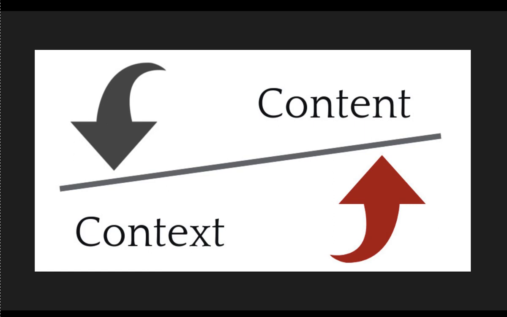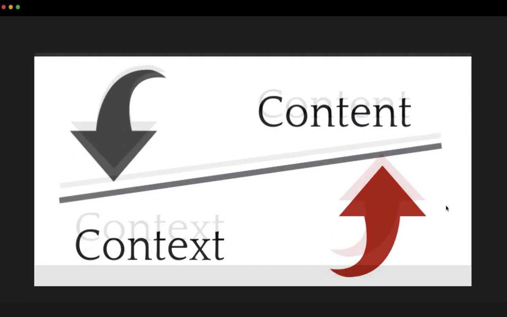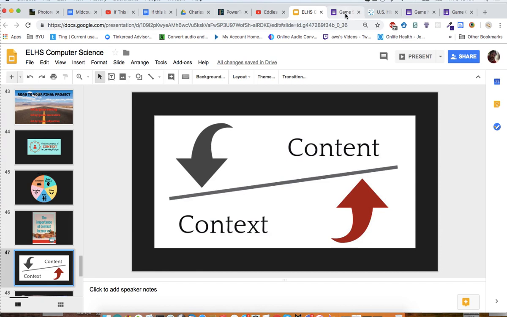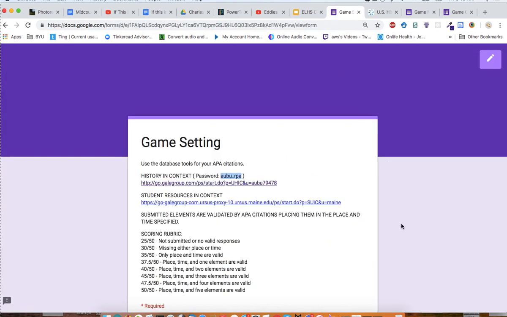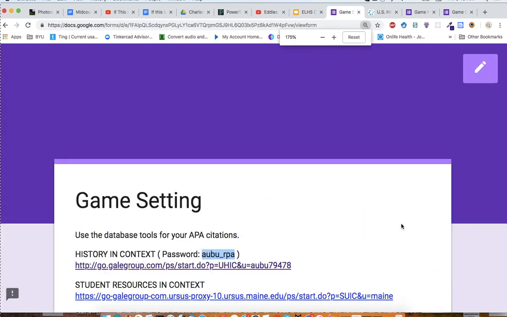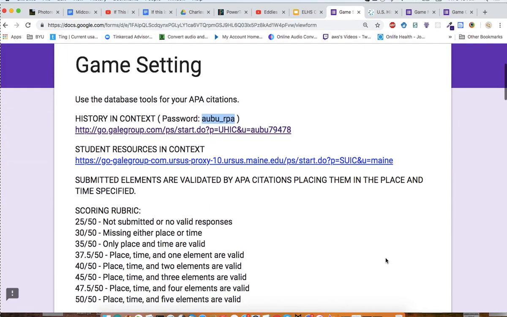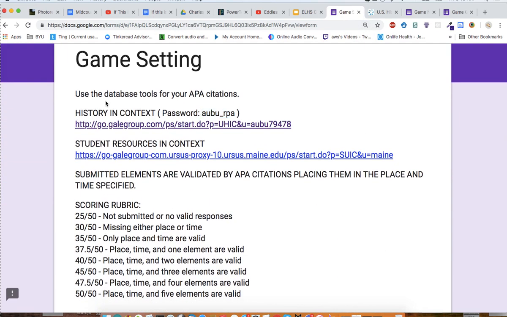Let's go ahead and take a look at the form that you have to fill out for the game setting. In the game setting form, I'll make it a little larger right here, you'll notice that you have some links at the top, and it tells you to use the database tools for your APA citations, and it gives you these two links, and it gives you a password right here for our particular access to the history and context